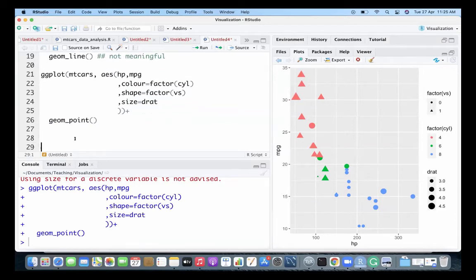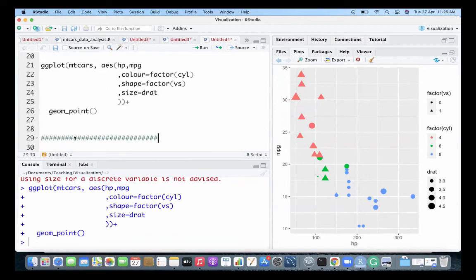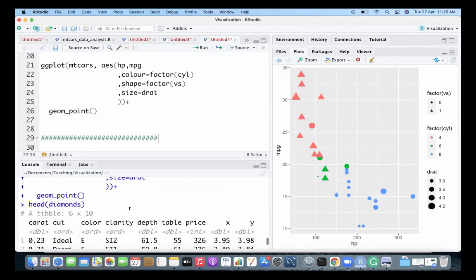Next, what I'm thinking is, you take 5 minutes and write the code. There is this diamonds data set you have.